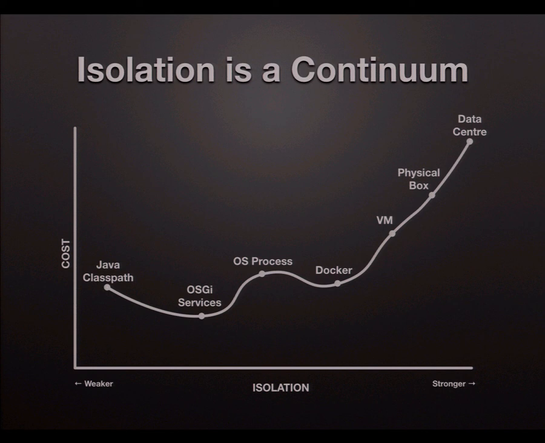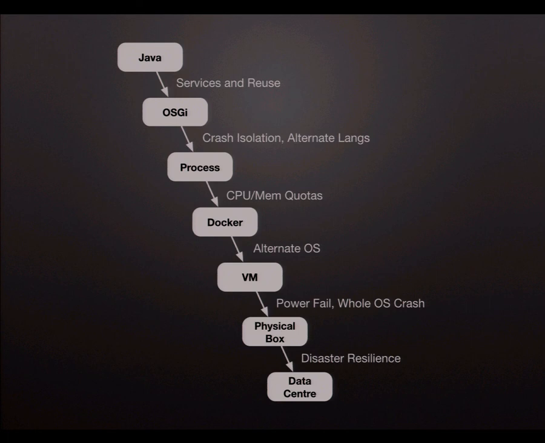So it's not just a case of you have isolation provided by separate OS processes with microservices the way the industry is talking about them now. You have a big continuum. And OSGi definitely lives on this continuum. And as I think you can see, there are two really nice sweet spots here where you've got a little local minimum. And although the line is a bit wonky, that's because I'm not very good at fitting Bezier curves to points. So you kind of have this progression.